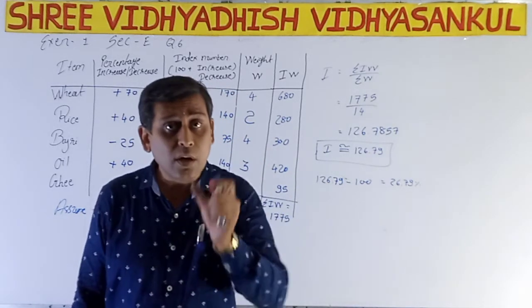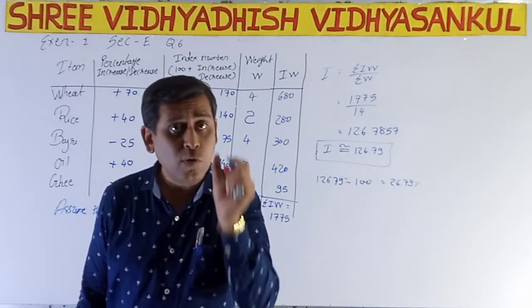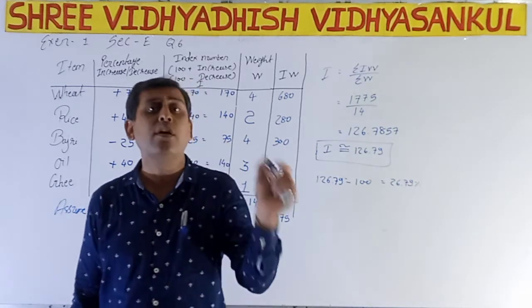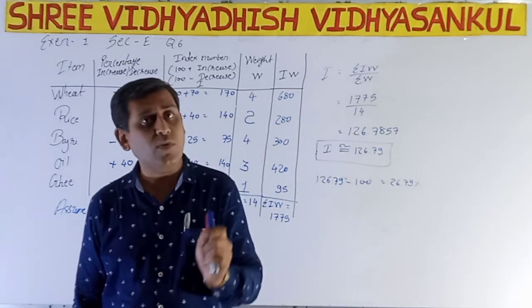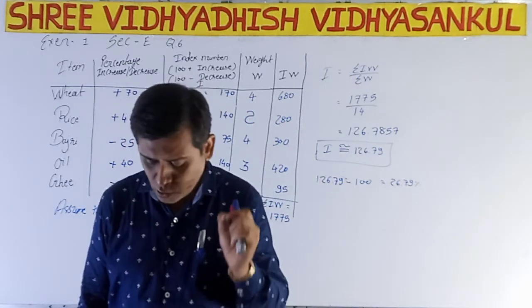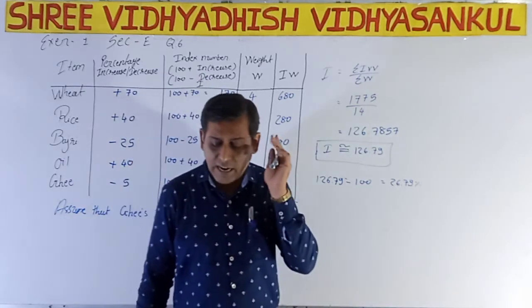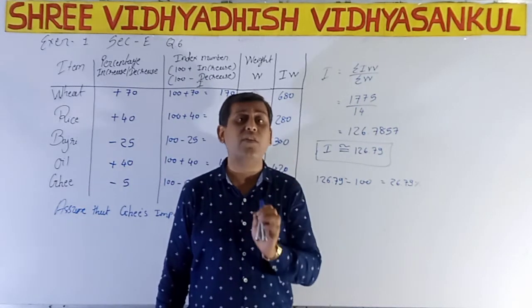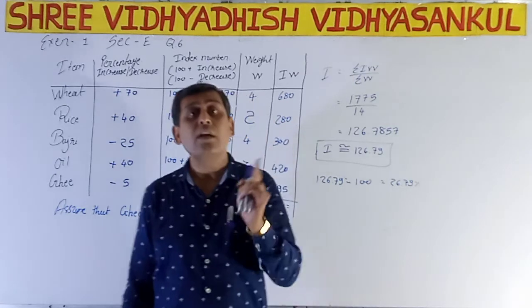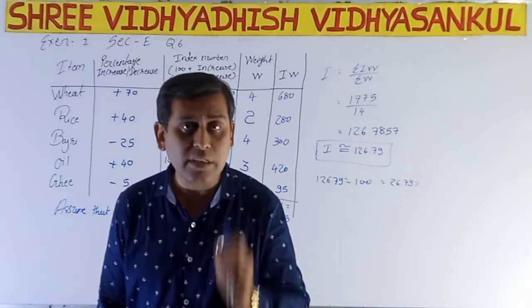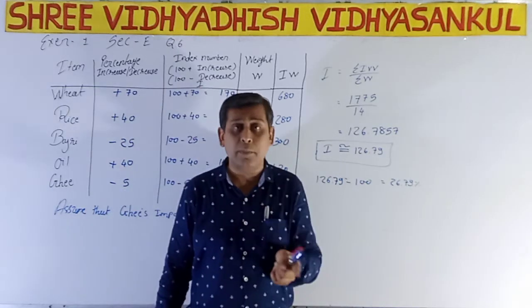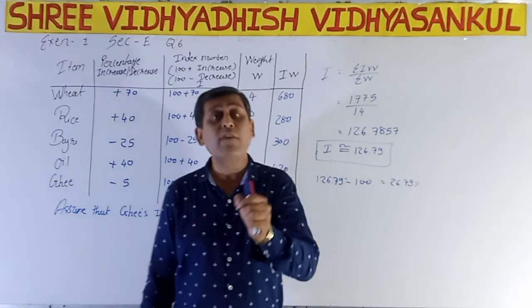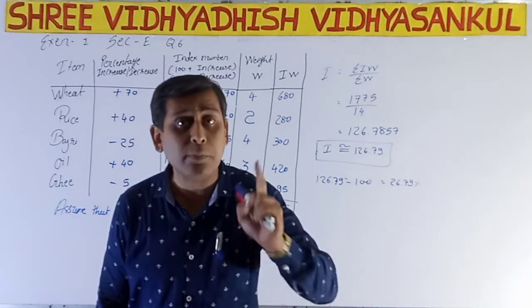Okay, so here 100 is the extra amount. We have to remove that particular 100 by dividing the price of the current year as well as the price of the base year. Now in item C, kg is given in the unit column, and in the quantity column gram is there. So at that time we have to convert gram into kg. So we have to convert quantity, not price.